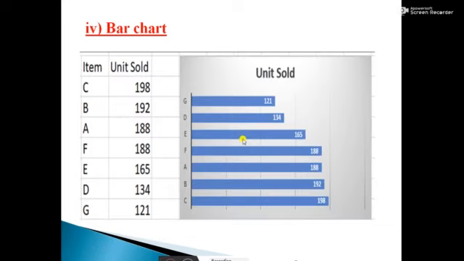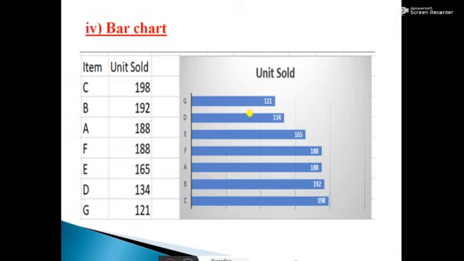Okay. The next one, bar chart. So this bar chart is one type of chart. It is plotted on the y-axis. You know, student, the horizontal axis we can call x-axis and the vertical axis means y-axis. So the bar chart is plotted on the y-axis. When can we use this bar chart?